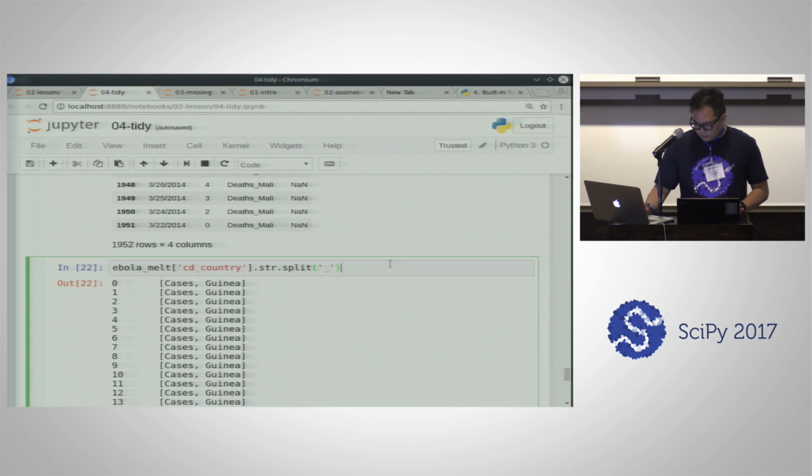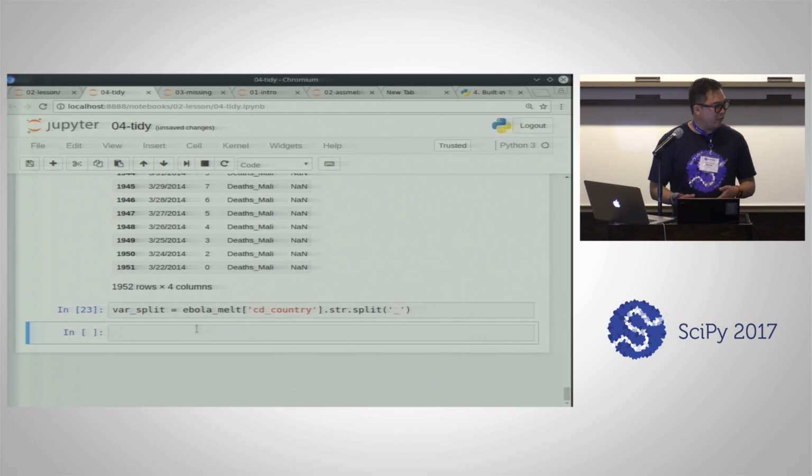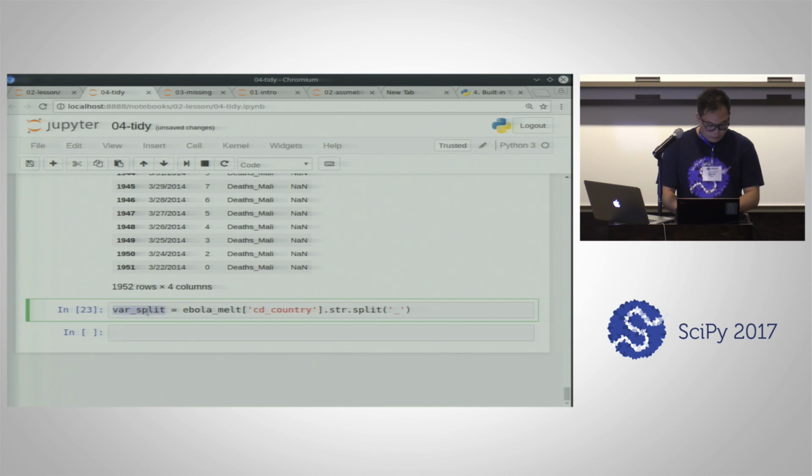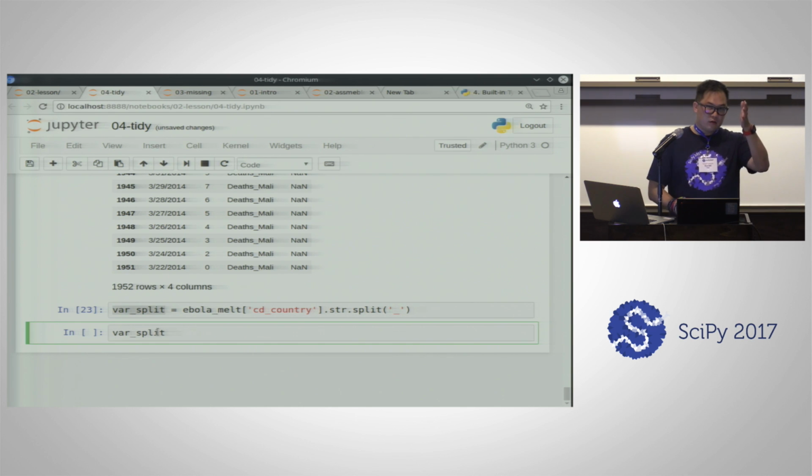All right. So I'm going to save this to a variable because this is something that we want to keep to continue working with. So if we want to get a particular index out of a list, or if we have a series or some kind of array, and each element in that series is a list, and we want to, for example, get all of the index zeros out of this at once,